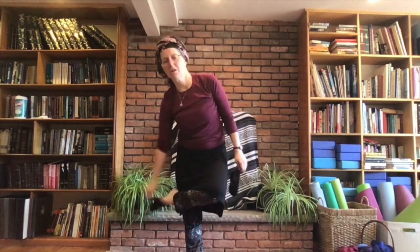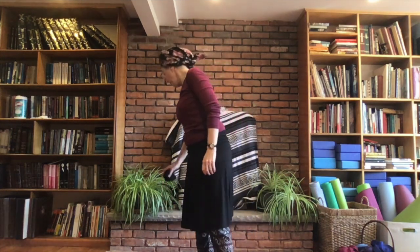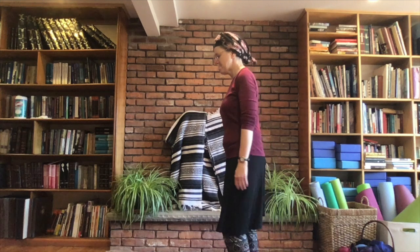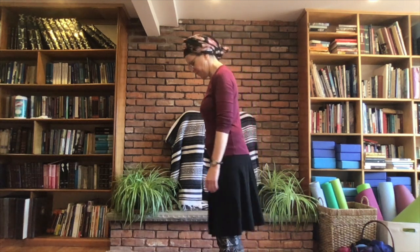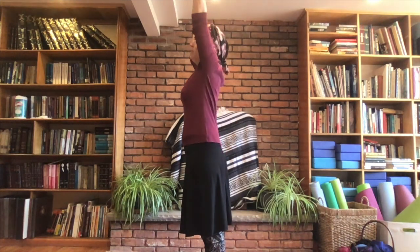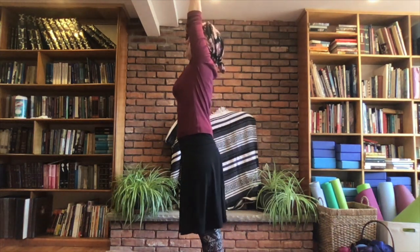So let's do another attempt or another variation on sun salutation. It'll be slightly different this time. So standing straight up, breathing in, lifting the arms up, grounding down to reach up,